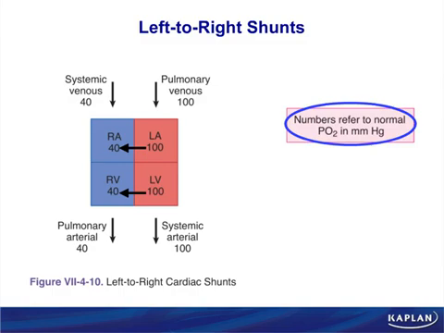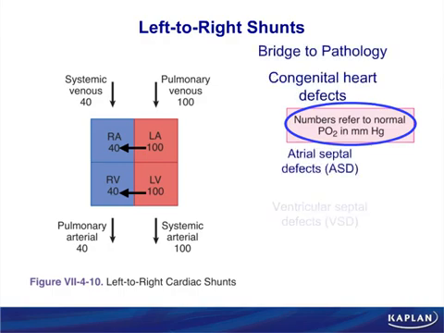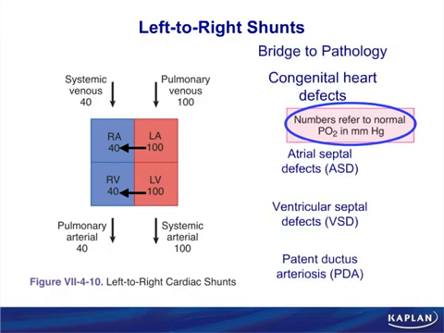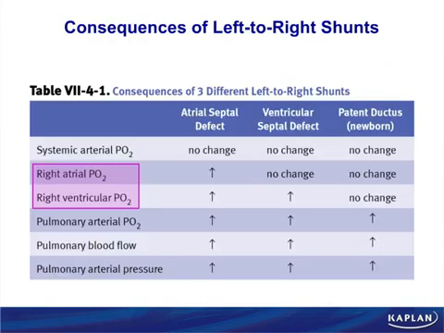Well, it has to have some kind of opening to do that. And we can have openings. These are our congenital heart defects. We can have an atrial septal defect, a ventricular septal defect, and then a patent ductus arteriosus. And what we can do as a differential for these is look at the oxygenation status of the blood in the two chambers of the heart, specifically the right atrium and right ventricle. We'll go through that on the next slide. All right, for left to right shunts,